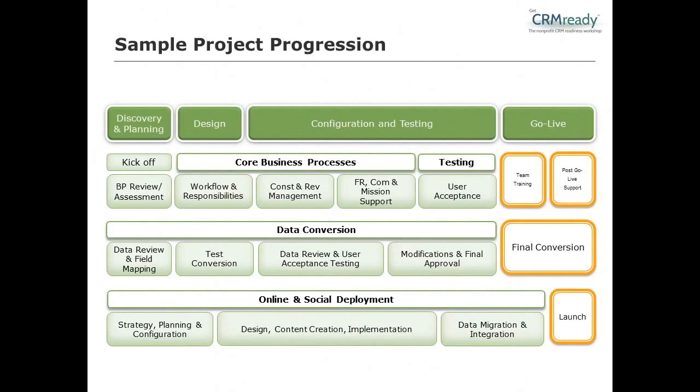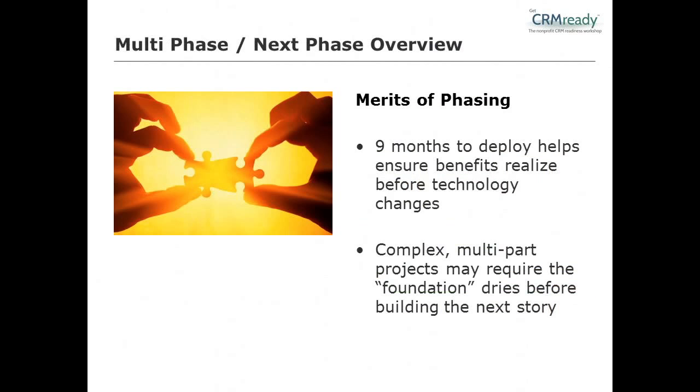Now this plan is simply one part potentially of a multi-phase CRM effort, and BJ, I invite you to say a few words about this in the context of multi-phase. Sure. One of the challenges is that folks will often say, how long is this going to take? And it's easy to start to say, well, it's going to take a year, 2 years, 3 years. There's a lot here. We're strong proponents of the idea that you should think in terms of 9 months. And the rationale for that, even if you're not going to do the entire piece, you might only do the first phase, the foundation, if you will, is that